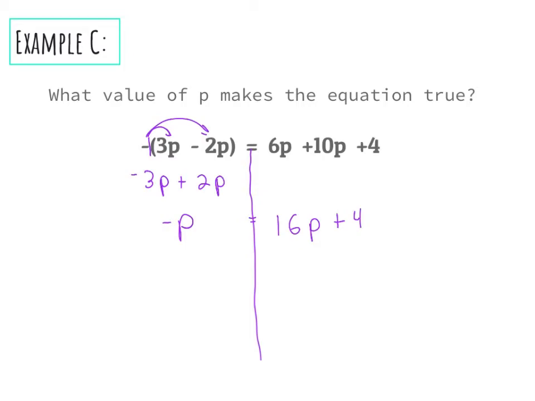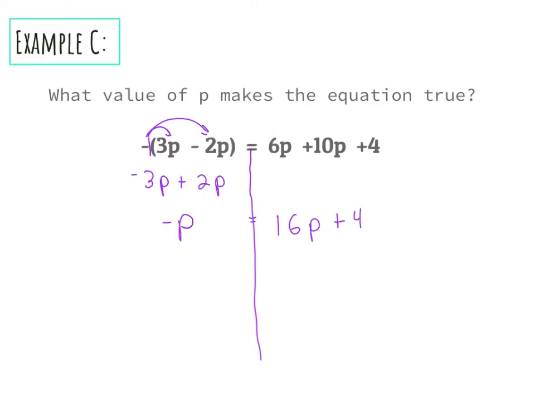So let's figure out which thing I'm going to move. Now, ordinarily, I would get rid of that negative p so that I had a positive coefficient. But if I do that, I'm going to end up with 0 on one side, and then I'm going to have to move the 4 and then divide. So it's going to be a lot trickier to do that. Instead of doing that, I'm going to get rid of the 16p so that I have constants on one side,